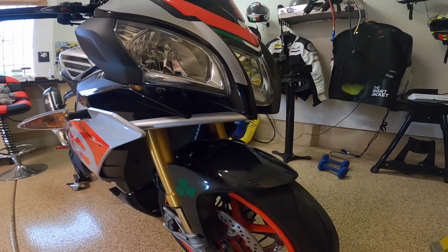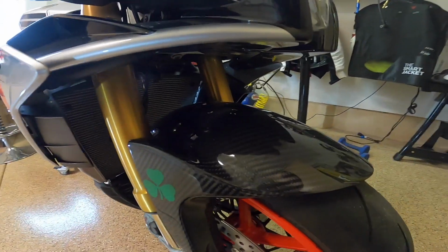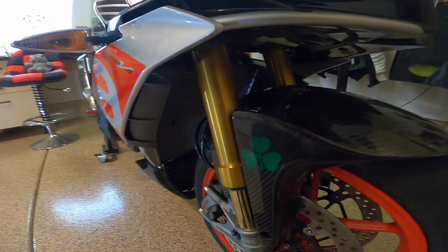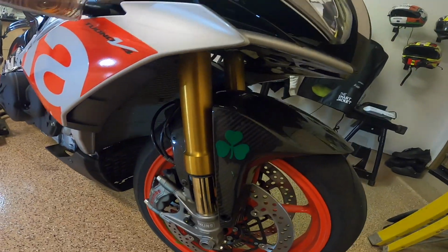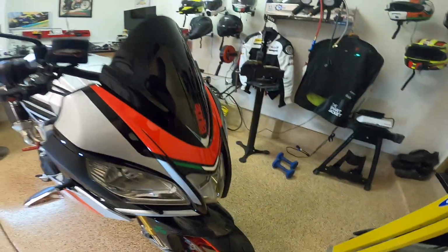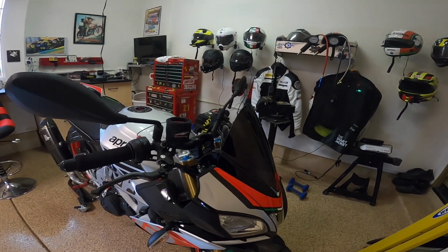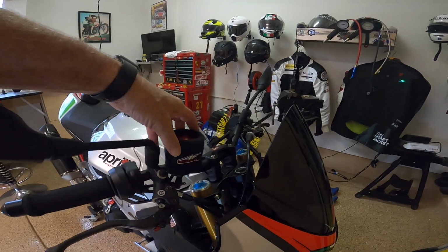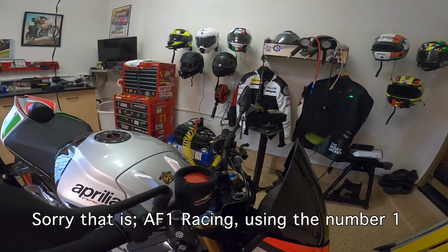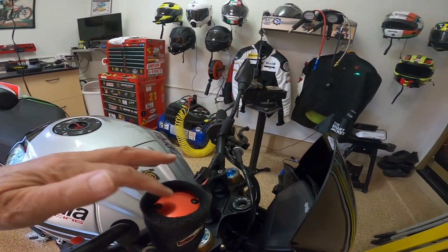Next item to mention is from Moto Composites. That is a front fender, fits very well. You do have to do some drilling to install this, but it does fit very well. And I think this machine with the tasteful addition, I hope you agree it's tasteful, of some gloss carbon fiber looks very good. The AFI Racing Reservoir sock, I know that adds some speed. The AFI Racing Reservoir cover,